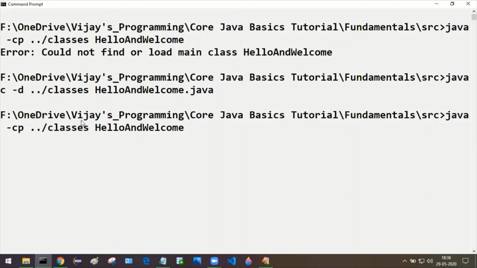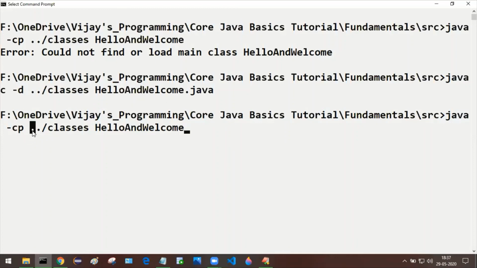What it is basically telling is that with -cp, class path, we are going to instruct the java command where the class files are available. We are going to instruct the java command where this particular hello and welcome dot class file is available. As usual, if we are in the src folder, we need to come back to the previous folder.